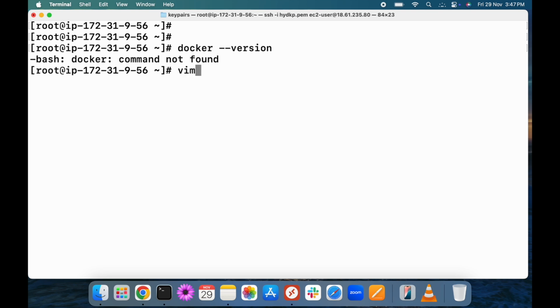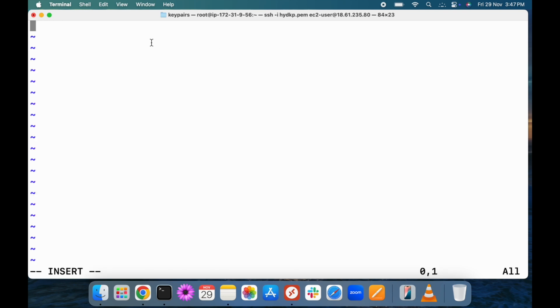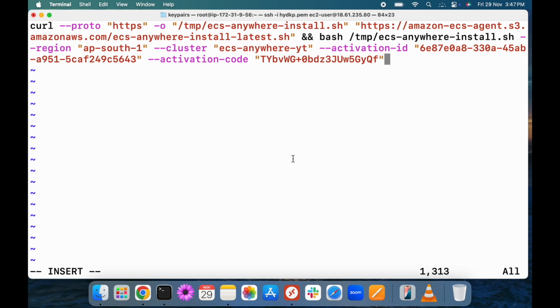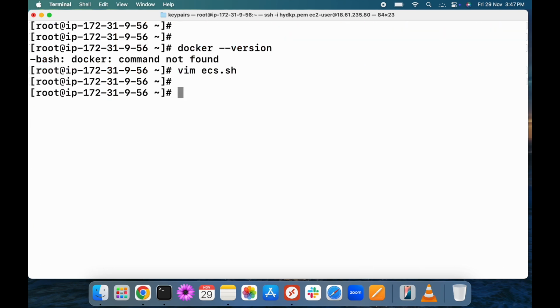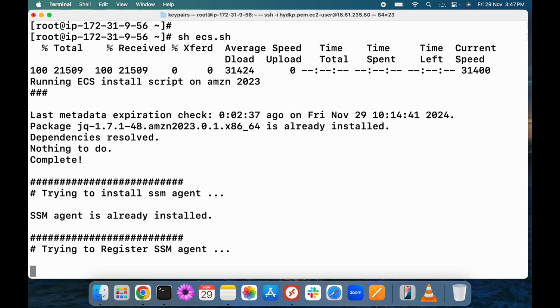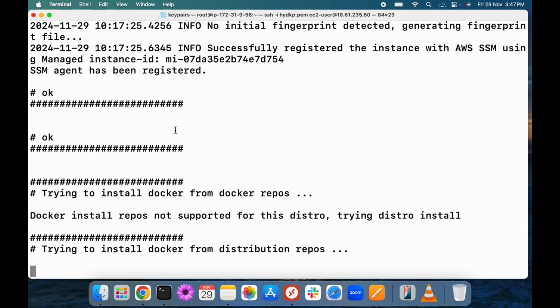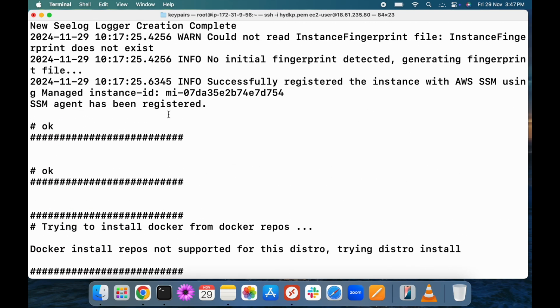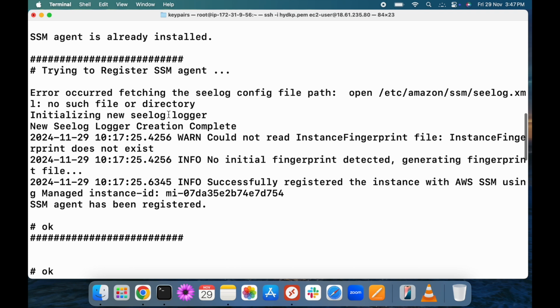Okay, and what I will do, I'm going to add this to a simple script. So vim ecs.sh is the name I am giving, and the same commands I have added here, and I'm going to run this ecs.sh. So, SSM agent status verified, the SSM agent is already there, and it is trying to register this SSM instance. And you can observe, some time back I showed you this instance does not contain any software like Docker and all, but now